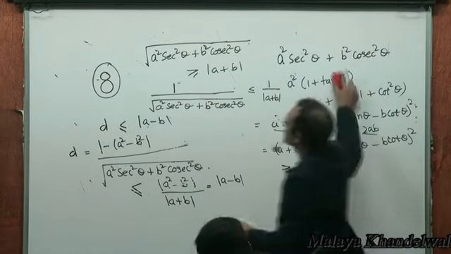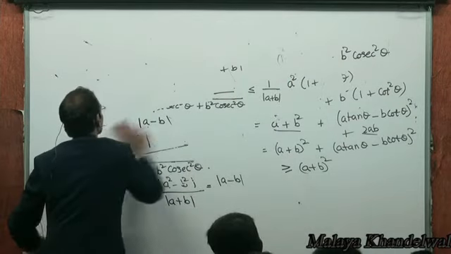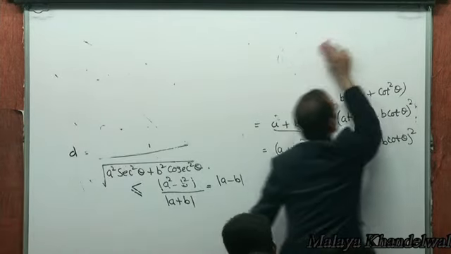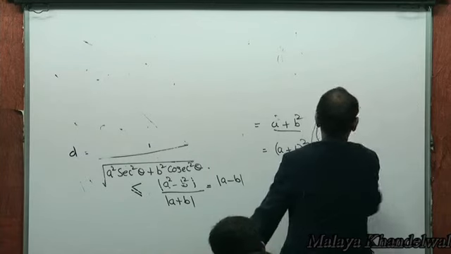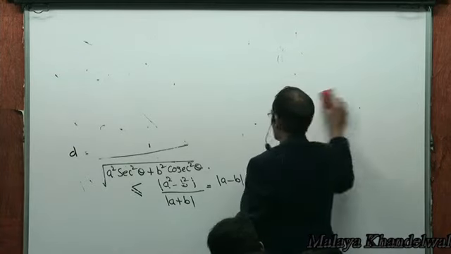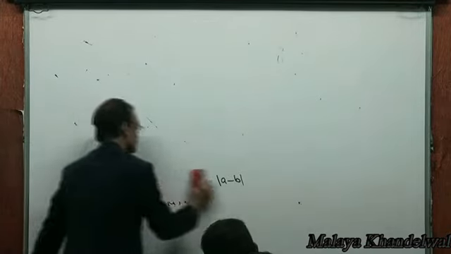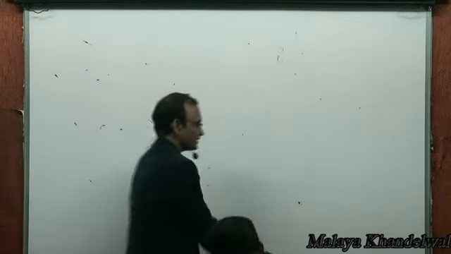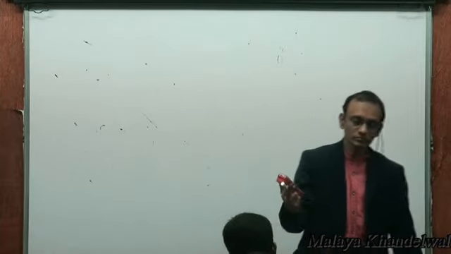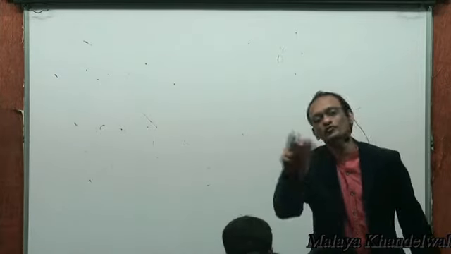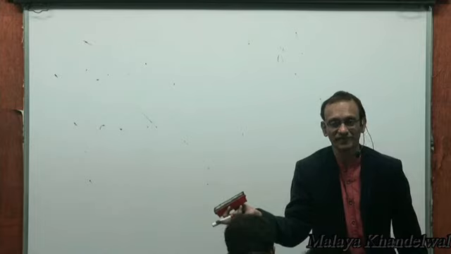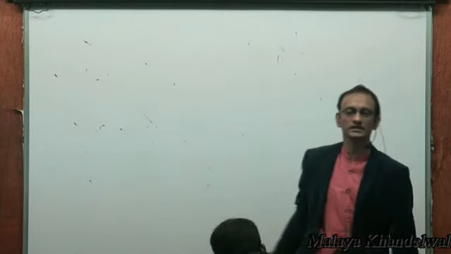Okay, let's move to the next problem. See, theta equal to 0 or theta equal to pi by 2, one of the two, tan theta or cot theta, would be undefined, right? That is why it's